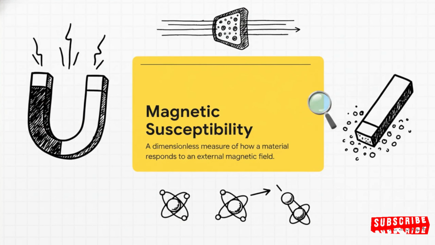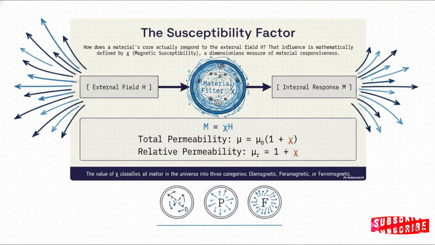Before we observe the internal micromechanics, we need to define a really important term, magnetic susceptibility. We represent this with the Greek letter chi. Think of chi as a mathematical filter. It measures exactly how a material's core responds to an outside magnetic field. When an external field enters a material, it passes through this filter, our susceptibility factor, chi, and results in an